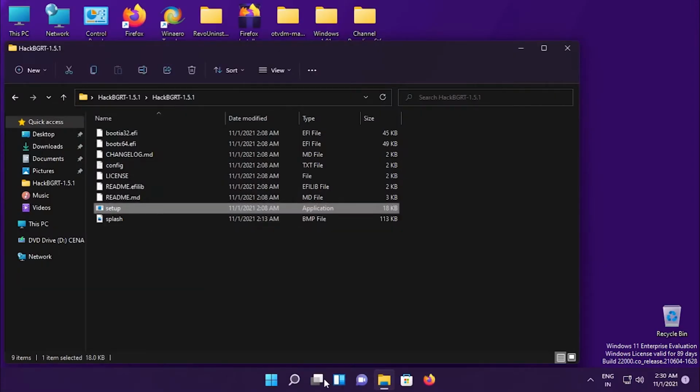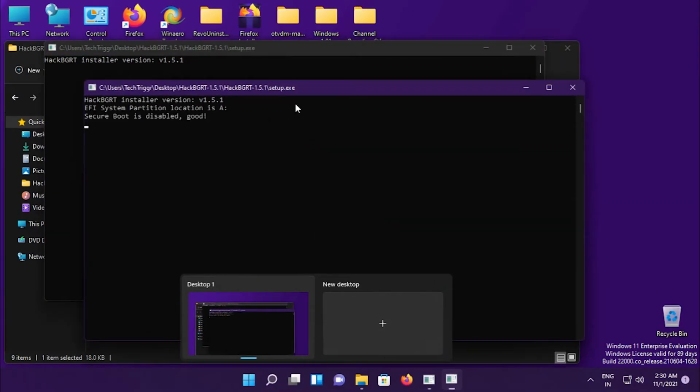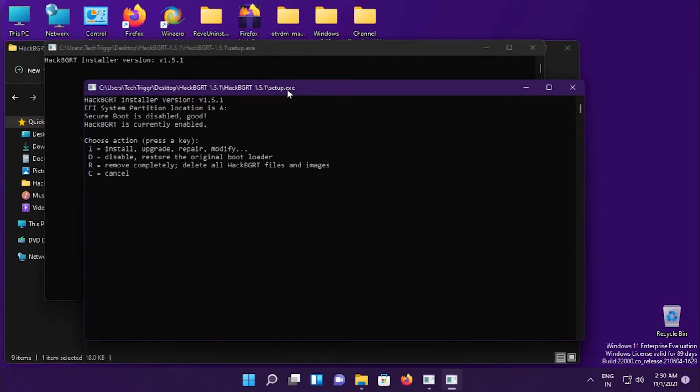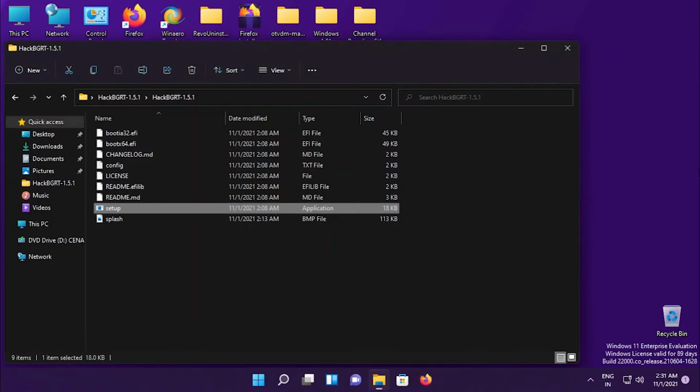Now open up the setup.exe file just like before and hit yes on the UAC prompt. Now instead of 2 options, there are going to be 4 options. I'm not going to go through all the options, but the obvious one is to remove the HackBGRT folder in the EFI folder of your EFI partition. Hit R on your keyboard to do that. And then again, the CMD window will inform you the process has been successfully done. And again, do as it says, press any key to get out of the window. And just like that, now you should see a standard Windows logo every single time you boot up your PC.